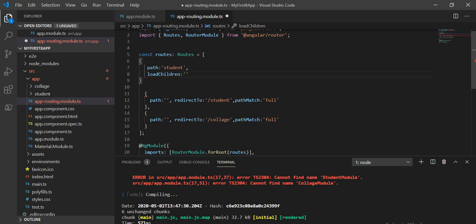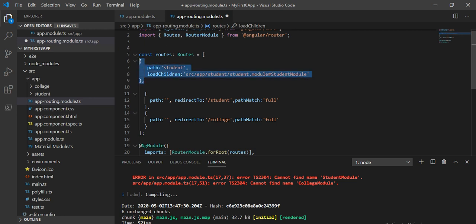Before that I will give a comma here, and src, and after that app, and inside this we are going to give student, and inside this student we are going to give the module file name, student.module, and then hash, and after the hash we have to give the module name. So basically the module name is StudentModule. So that is the first thing we have done.